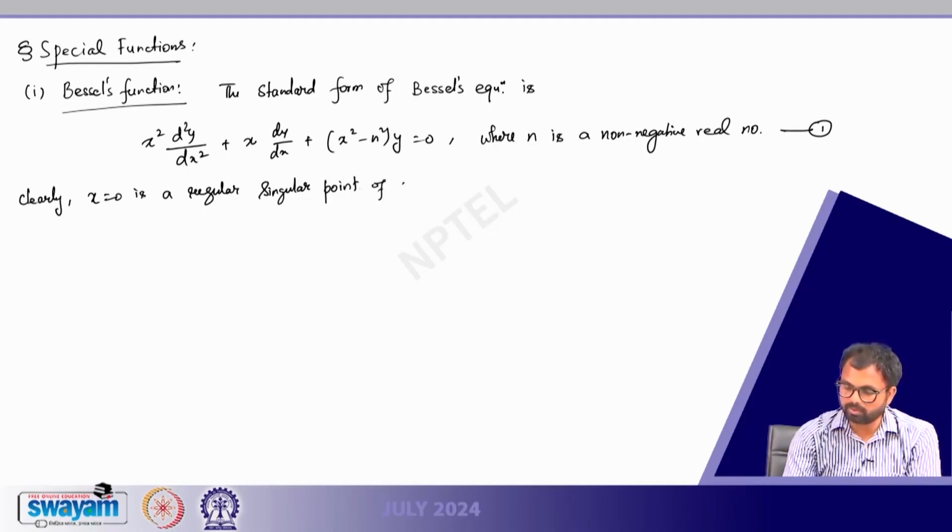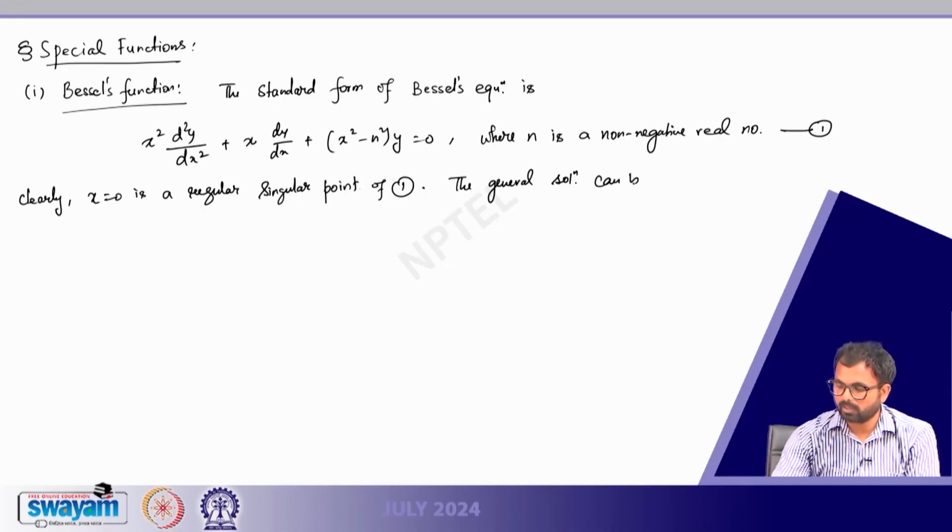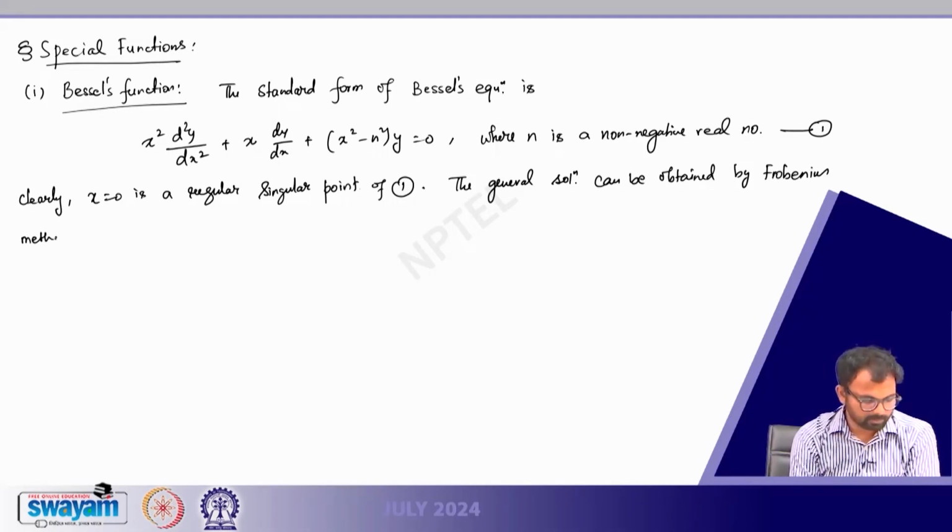So the general solution will be obtained by the Frobenius method at x equals 0,